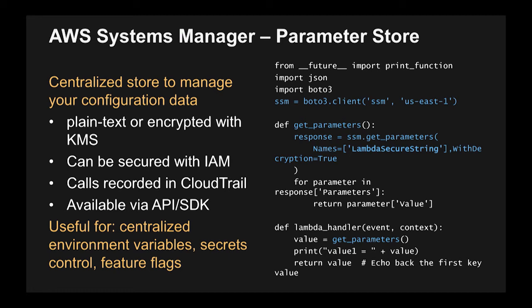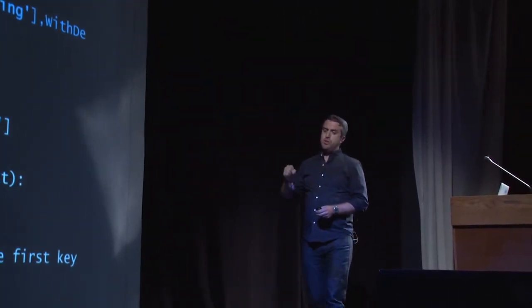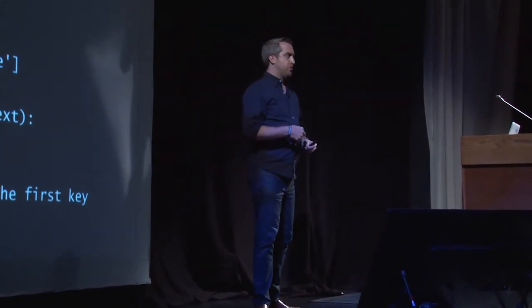And so in situations where maybe you don't want to share your keys into, say, a SAM template directly, you don't want to have them embedded directly into the application, obviously, Parameter Store is a really great option for these. And so in your code, basically, you can just call out to Parameter Store to pull in the value that you need, and then use that inside of your code. So you do have to pay a little bit of the penalty for calling out to that information and pulling it back in. But for resources and credentials and things that you want to keep centralized, I think this is probably the best option out there.